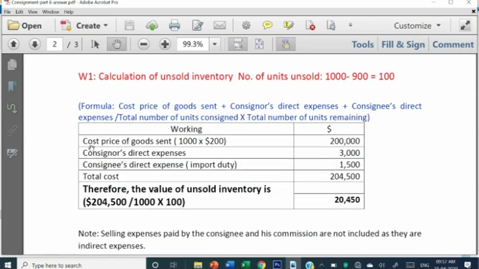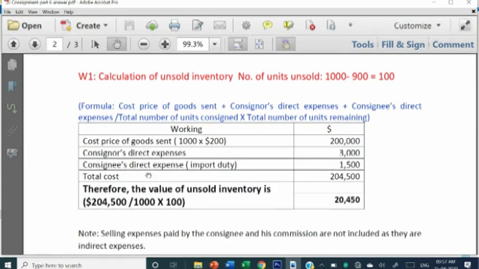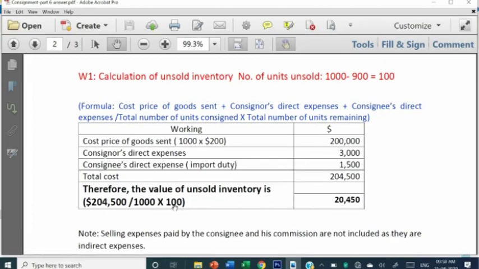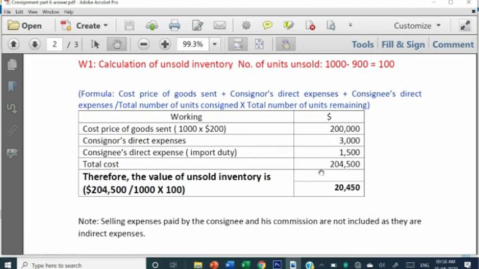Now let us see the working. Cost price 200,000. Consignor's direct expense 3000. Consignee's direct expense, that is import duty, 1500. Total cost 204,500, and hence as per the formula, total cost is this much. Number of units consigned 1000 and number of units remaining 100. So the value of closing inventory is